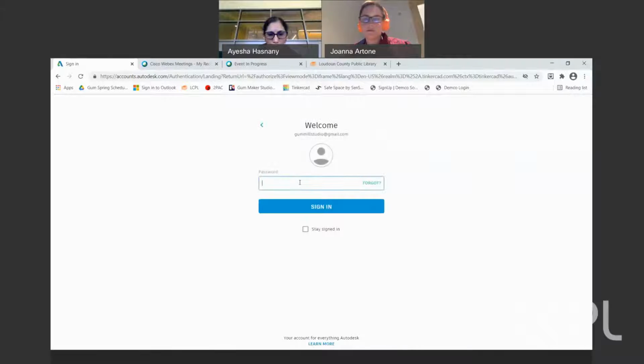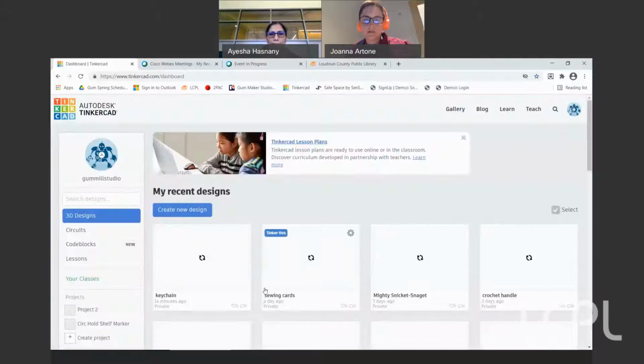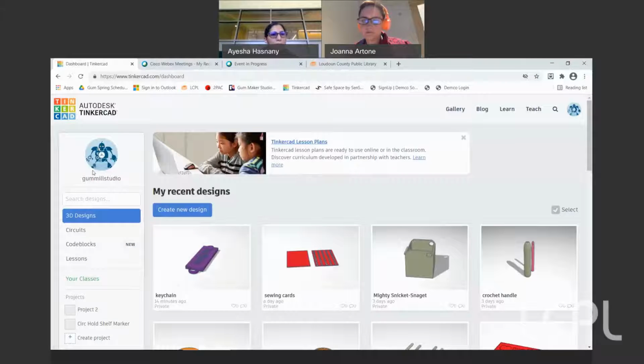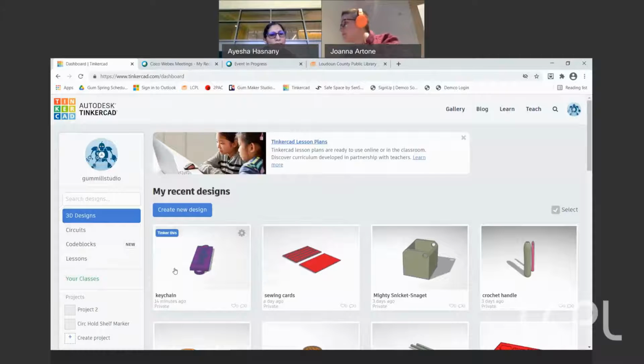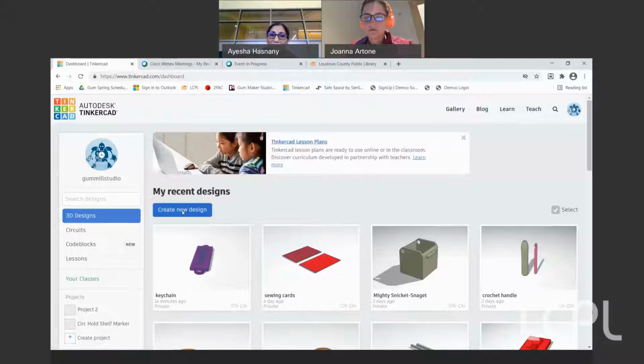Okay, put my password in. All right, so this is our Makerspace account. If you notice on my account, you see a lot of designs. This is the design that we created yesterday, the keychain. And you can see this is my latest recent design that is here. These are my recent designs, but this is the one that we did yesterday. If I want to make any changes or I want to go back and save this as a format to be printed, all I need to do is go tinker this. But if I want to create a new design from scratch, I will go into create new design